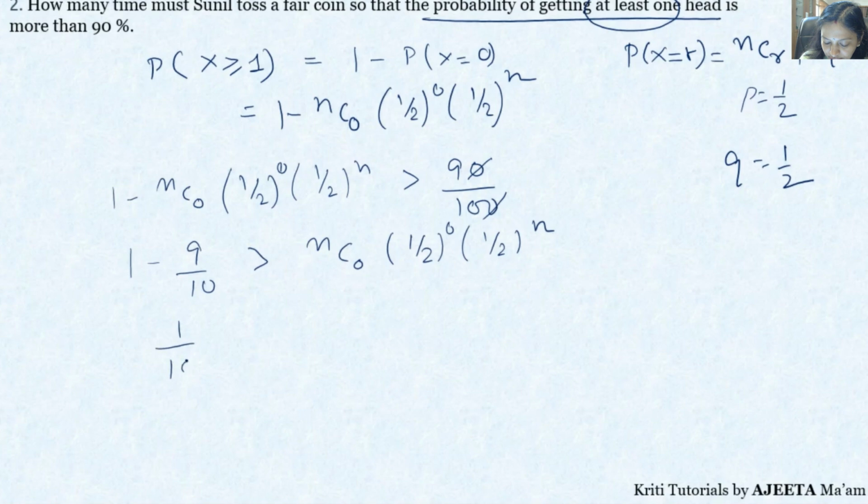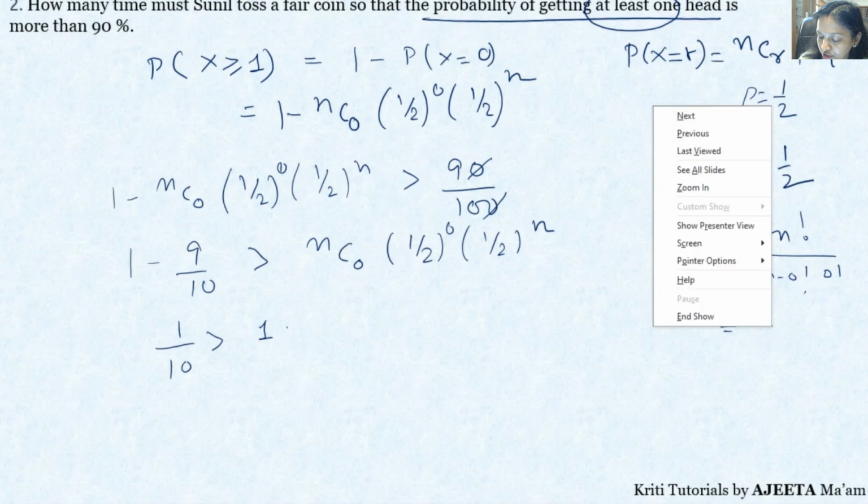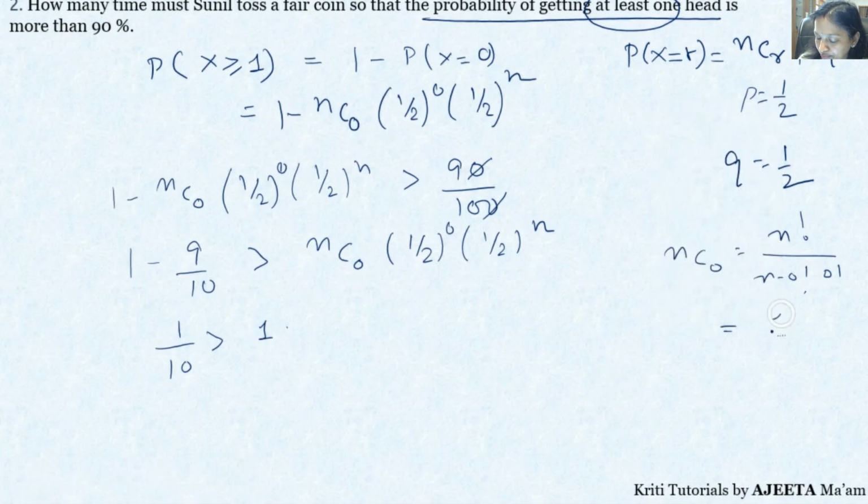So 1 by 10 is greater than... now nC0 is 1. So nC0 का formula you all know, it's factorial n upon factorial n minus 0 into 0 factorial, which gives you the answer as 1. Correct? Now 1 into 1 by 2 raised to 0 is again 1. So we get here 1 by 10